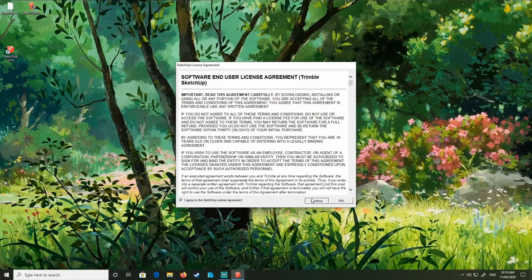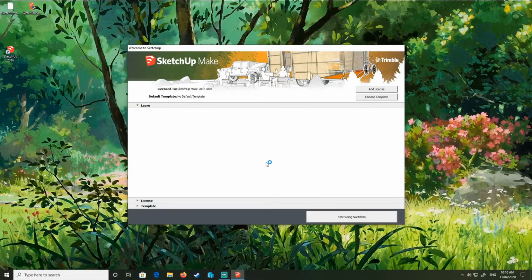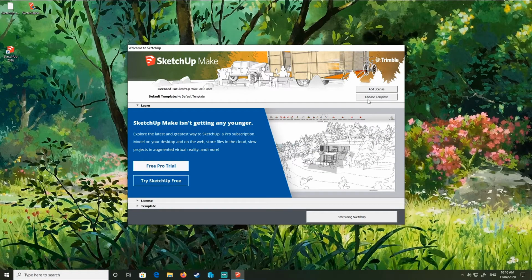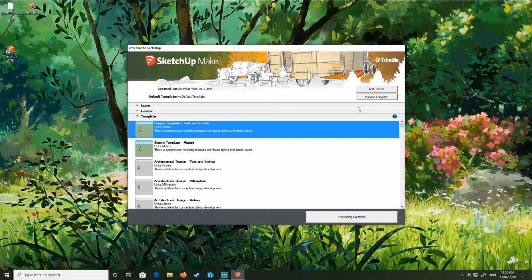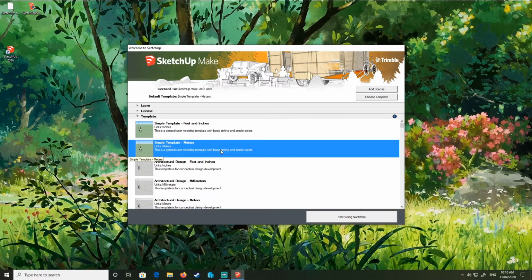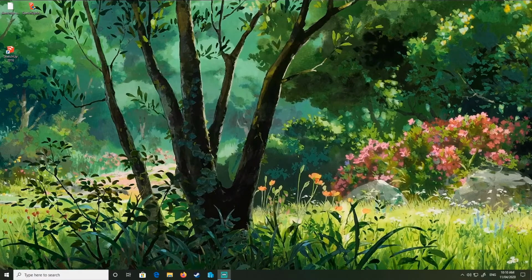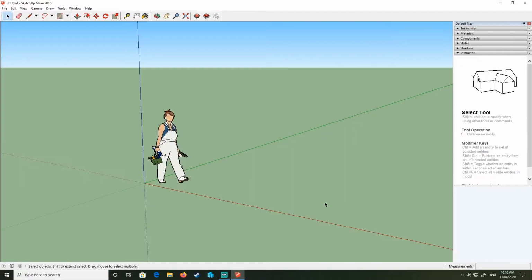I'm going to do the licensing agreement, the usual stuff. Now, something that's super important, I'm going to change my template. Because I'm not in America, I don't use feet and I don't use inches. I use meters and millimeters for all my stuff. So from there, I'm going to select meters, and I'm going to start sketching. And once it loads up, you'll see that we have